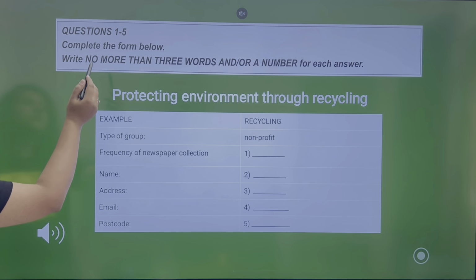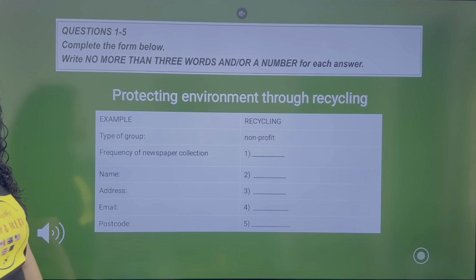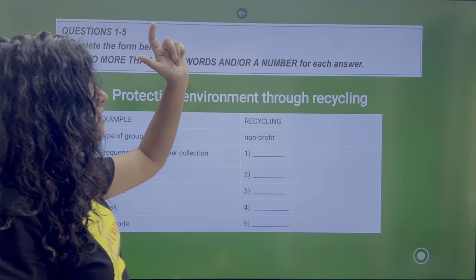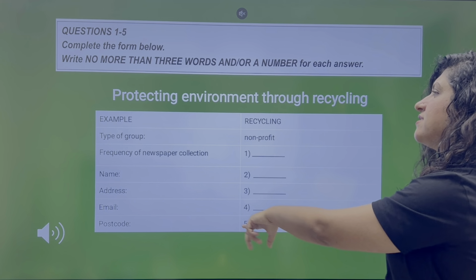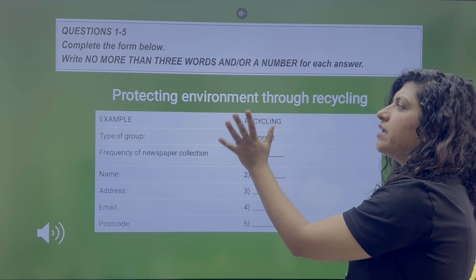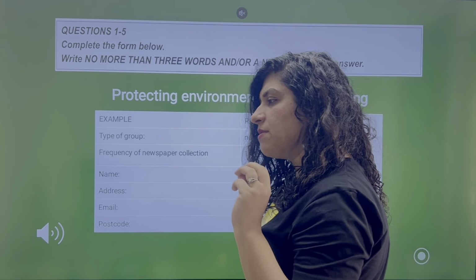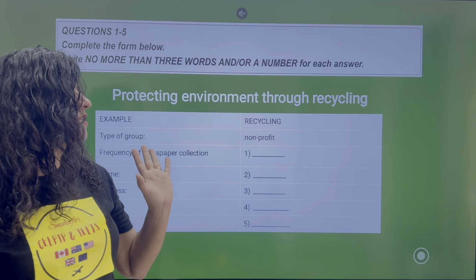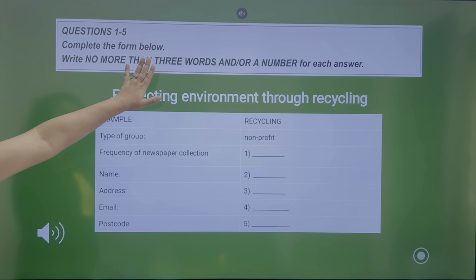The instructions over here say no more than 3 words and or a number. So this was this type of instruction. It was there in the reading section as well, right? We already discussed it over there. So these answers, they can be 3 words, they can be 3 numbers, or they can be combination of words and numbers, but the maximum number of words or numbers can be 3, not more than that. All right, so this is the instruction,